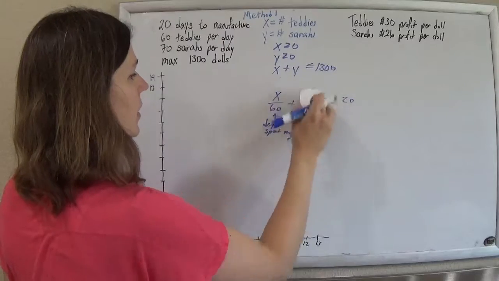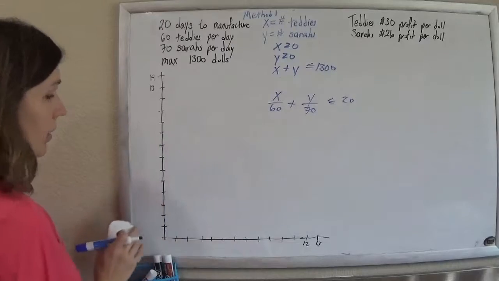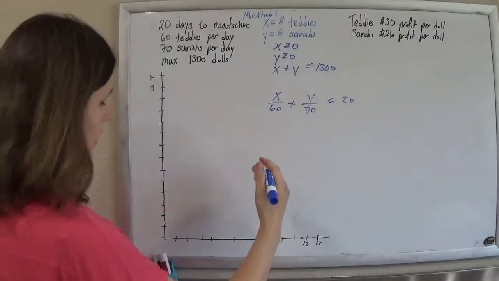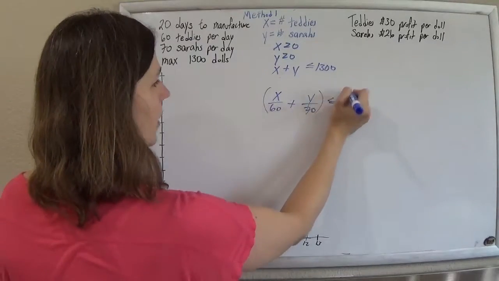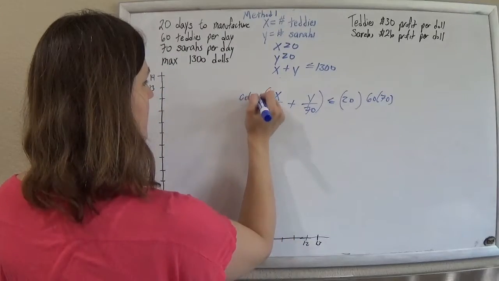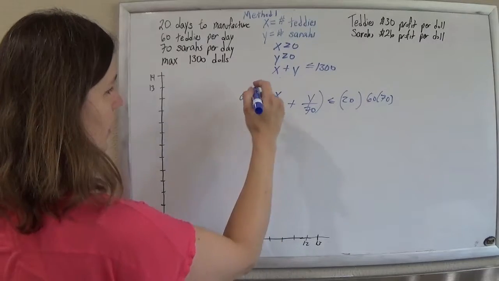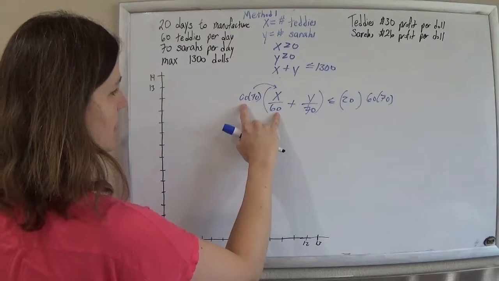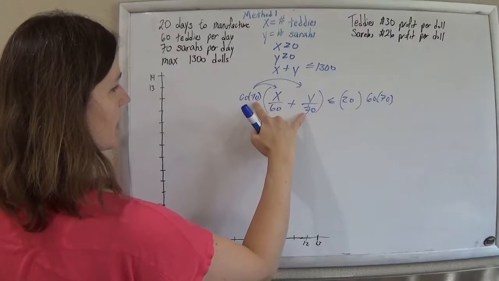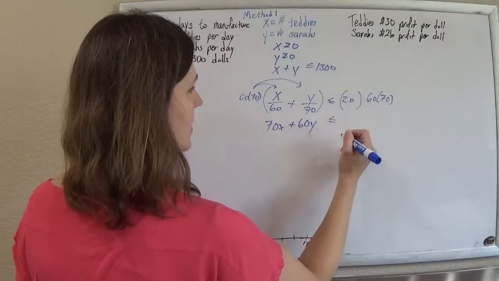I'll just get rid of this stuff. Those four equations are our constraints. This equation looks a little funky to graph, so maybe I'll make it nicer. I'll multiply both sides by 60 times 70, which is 4,200, and that'll knock out both denominators. When it distributes, the 60s knock out and give me 70x, and the 70s knock out and give me plus 60y, and that's less than or equal to